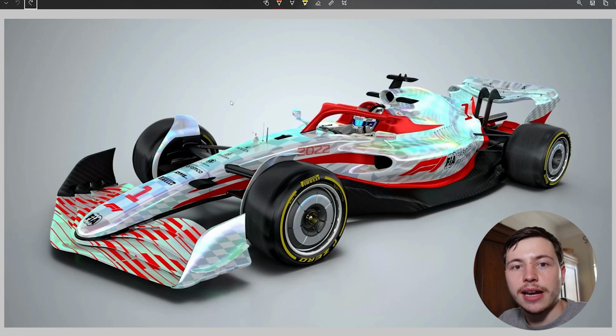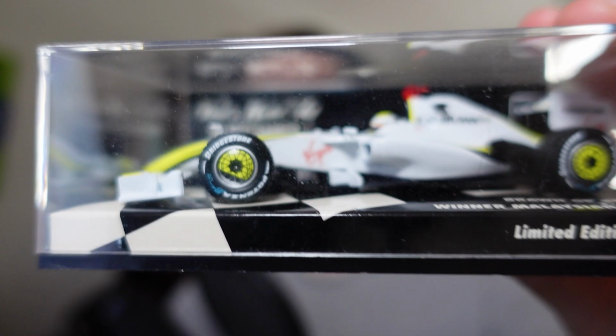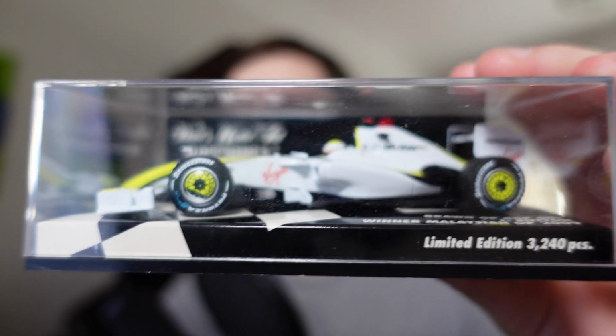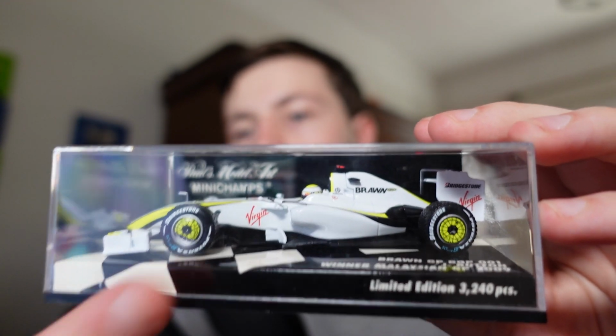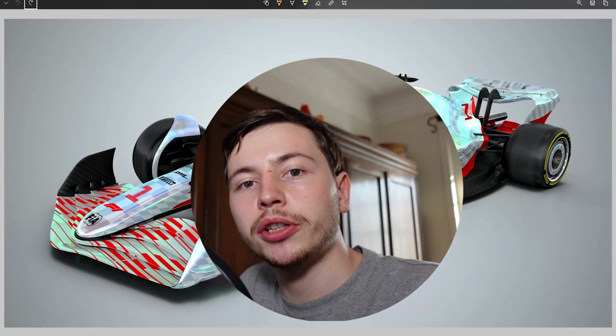And something that I really like as well, and this might be because my favorite Formula 1 car is actually the Brawn GP from 2009. So this car right here. And one of the things that you can see from the Brawn GP is that, just like the 2022 car, it's got wheel covers. And wheel covers are something that we have been missing in modern Formula 1 for a